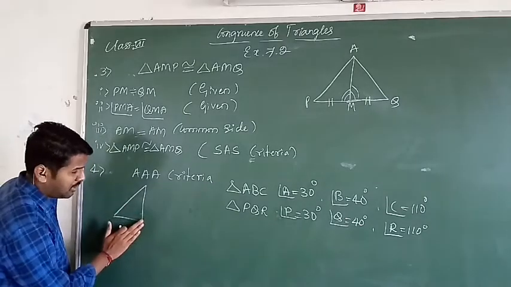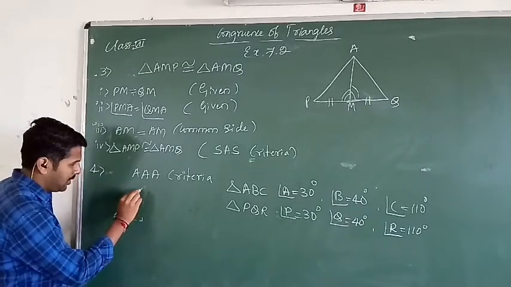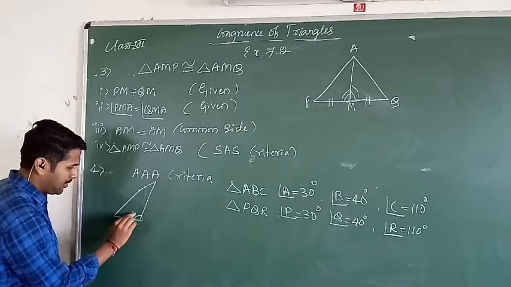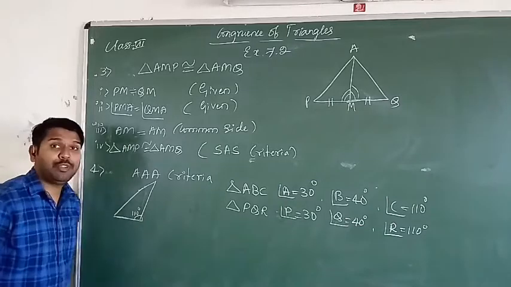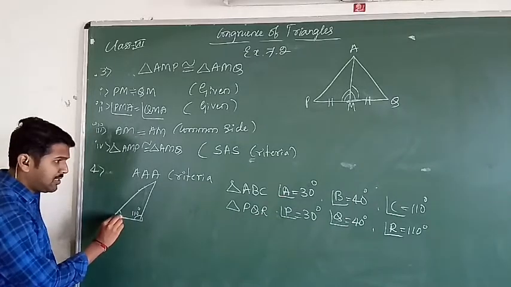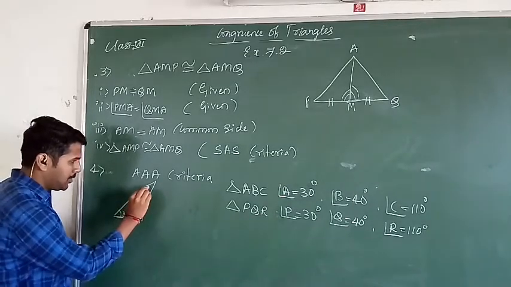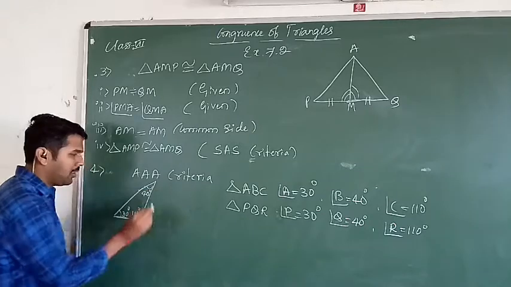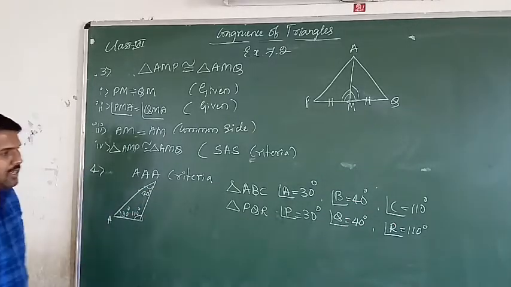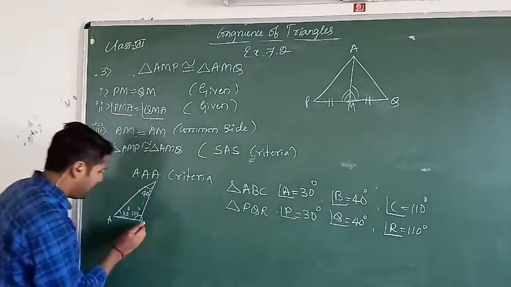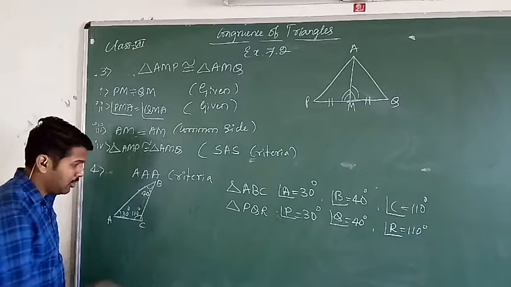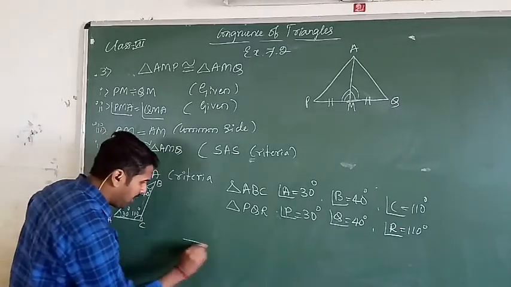This one 30, 40, isn't it? Because 110 is an obtuse angle, and this one take it as 30, this one take it as 40. So angle A is 30 degrees. Next, this is C, and this one is D. So this is one angle. So this is one triangle. So I will take another one.